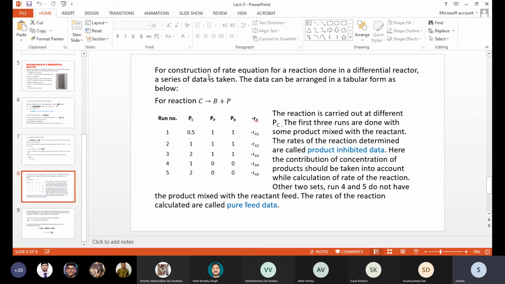Now, for, just a moment. Class আছে, class করছি।